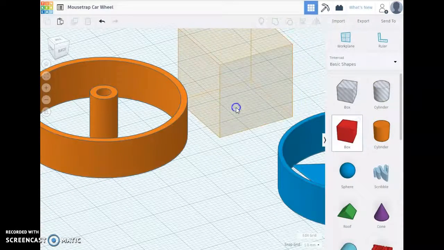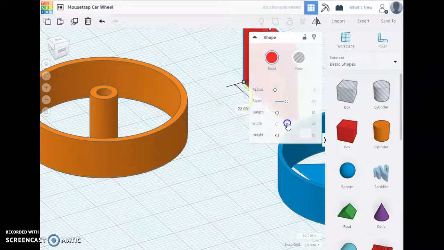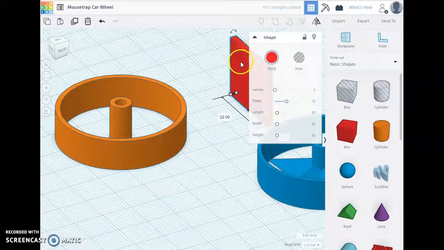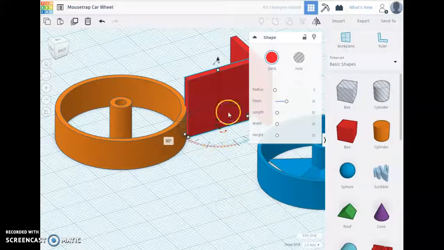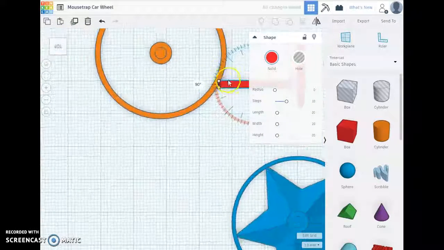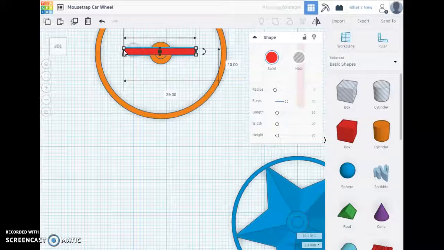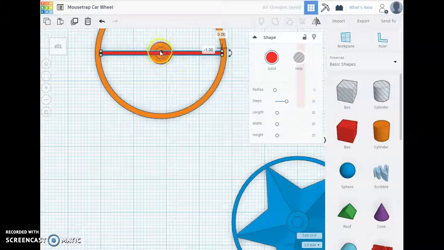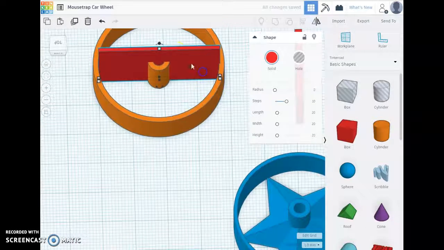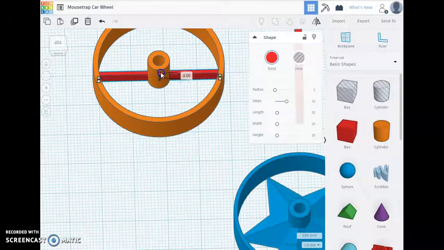just drag in a box, make it thin, make a copy that's rotated 90 degrees, etc. and make some connections here where of course you'd probably want to come back and ungroup this hub so that the axle hole cuts this out, etc. Okay,